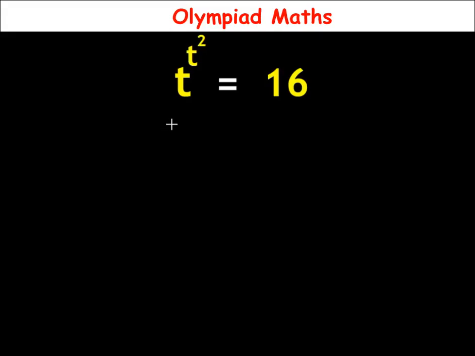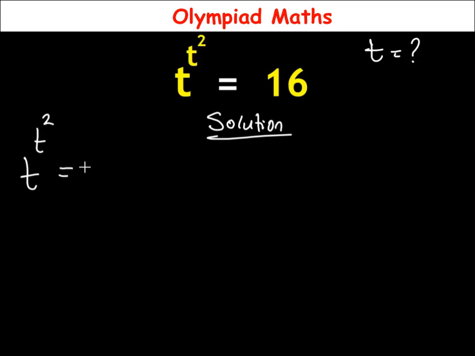Hello, how to solve t raised to power t raised to power 2 is equal to 16. And here, we want to solve for the values of t that will satisfy this given equation. So t is the unknown we have to solve for. Now, how do we go about it? It's very simple. Solution. We're given t raised to power t raised to power 2 is equal to